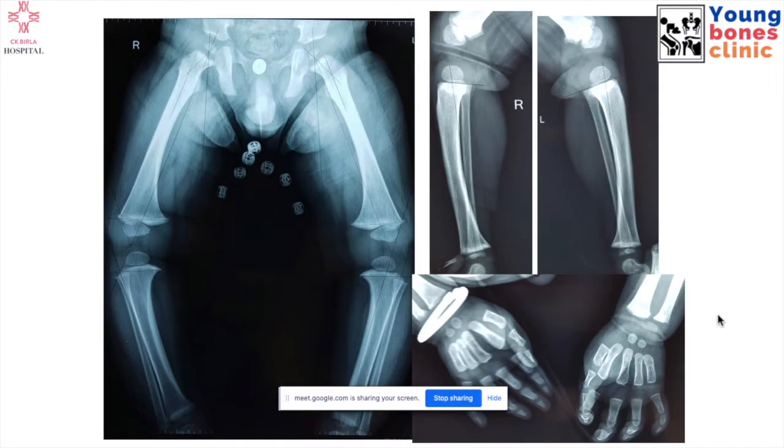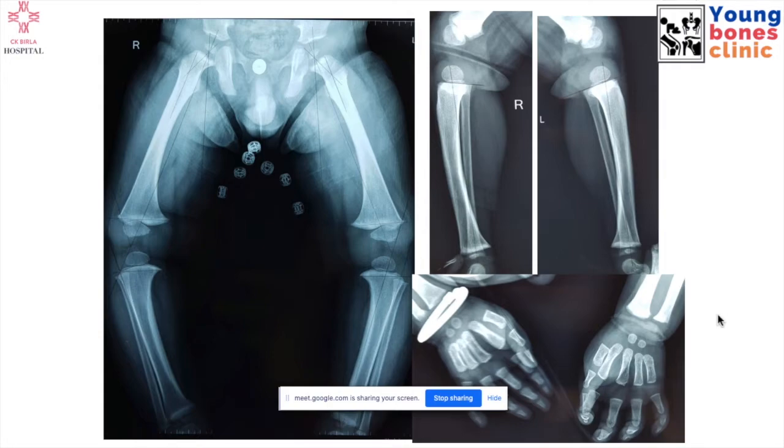A physiological bow leg will usually correct spontaneously with supplements. Rickets will correct with supplements. All other probable causes of bowing will correct with supplements, and with age it will gradually correct and the legs will straighten out. Blount's does not correct, and they need to be observed. Beyond 2 to 2.5 years of age, they need some kind of guided growth procedure, some surgical intervention to stop the deformity, to correct the deformity, and later on they even have higher chances of recurrence.